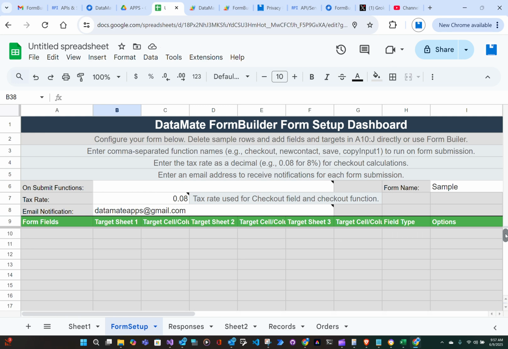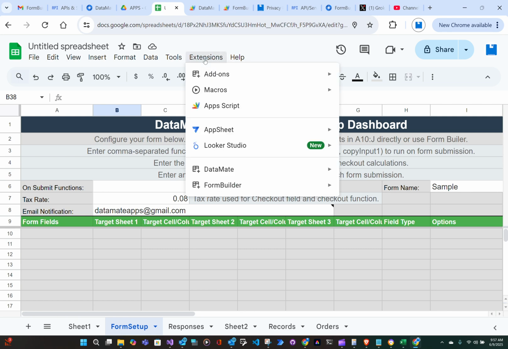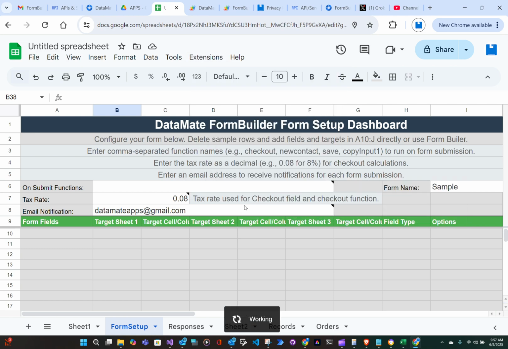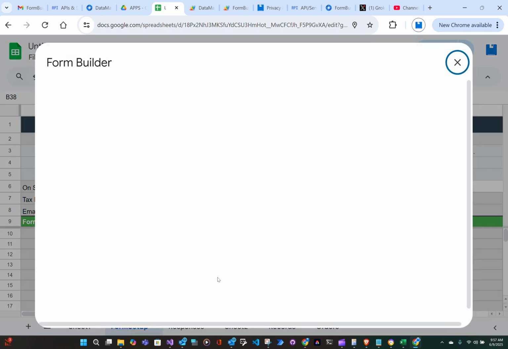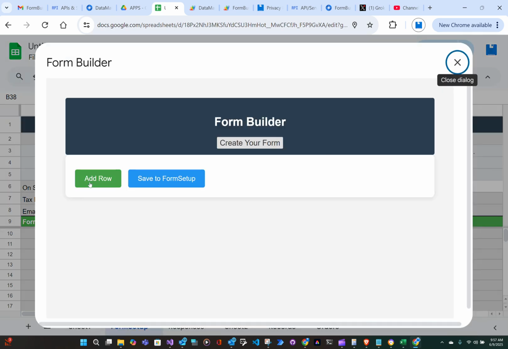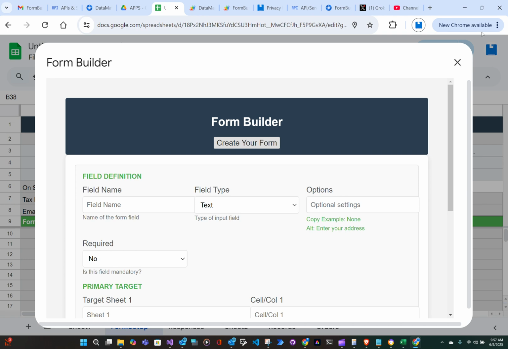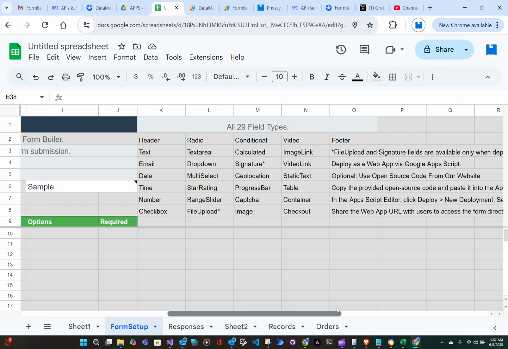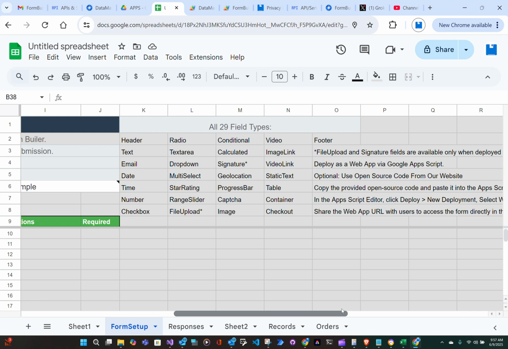Now you can add fields via the form builder. Like here. Or here's all the available fields. You can just copy them,